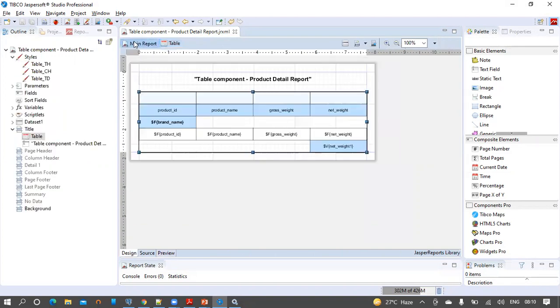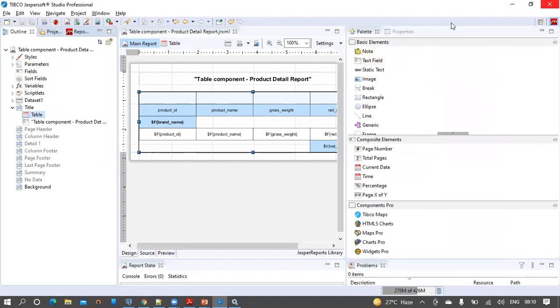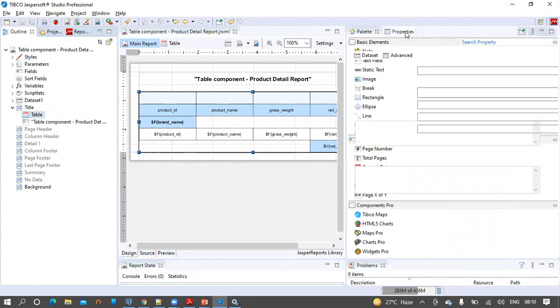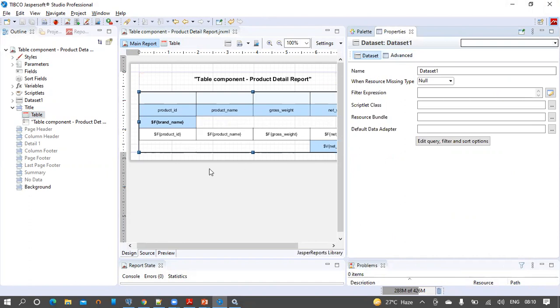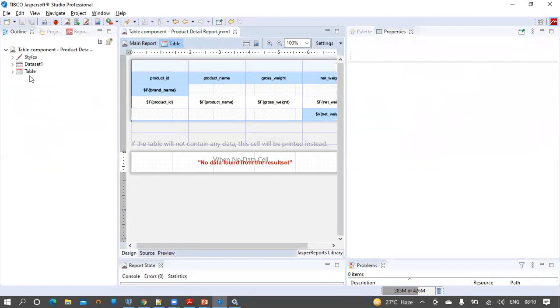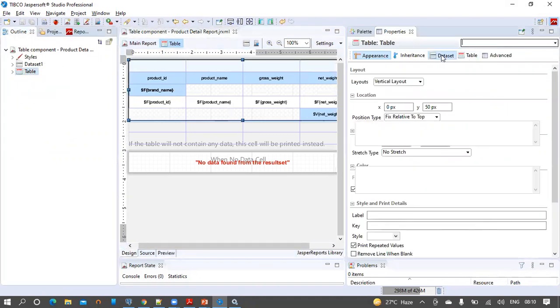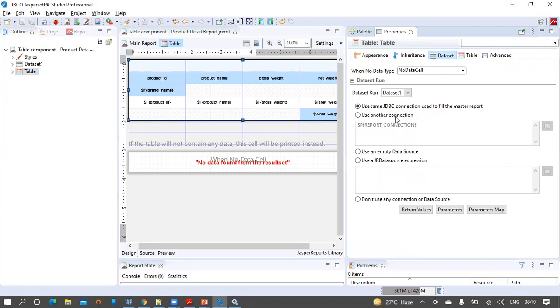For example, there are some advanced properties like return data values from the data set that we can see from the properties of the table component. From the properties, let's be in the outline view of this one and select this one. And if we click on this data set one, there are some advanced features that we can apply on this table component.